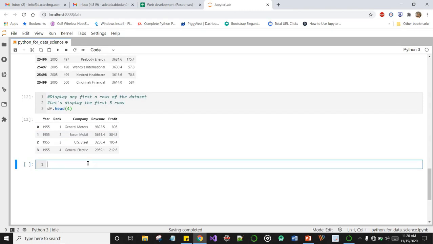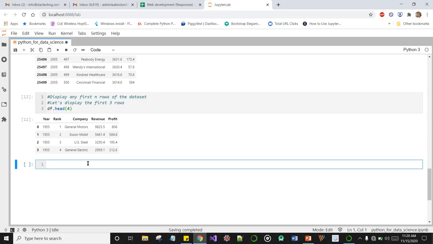Another very important concept in data import is that sometimes you have a particular data set that has a large number of columns, and possibly you just don't need some of them. Maybe you don't want to run analysis on some particular columns in your data. There's an inbuilt method in Python that can do that.